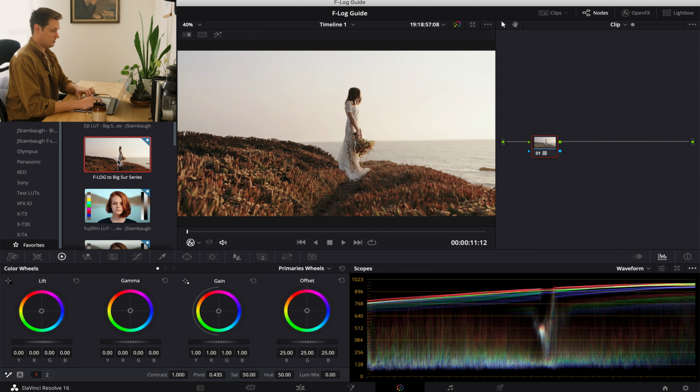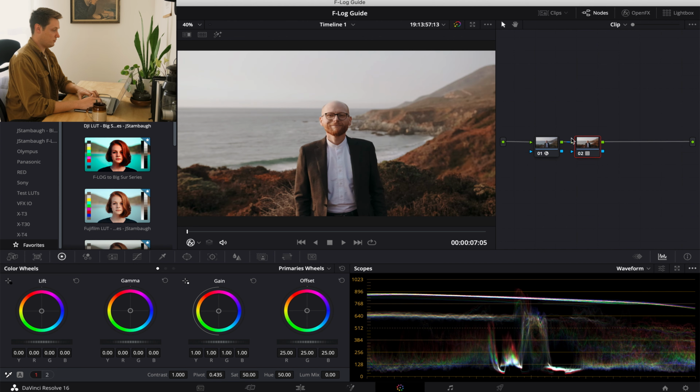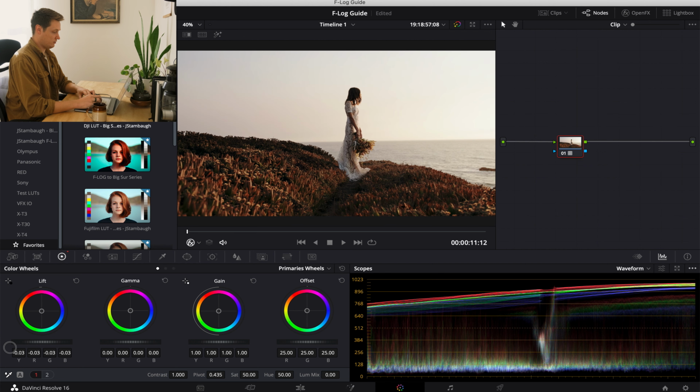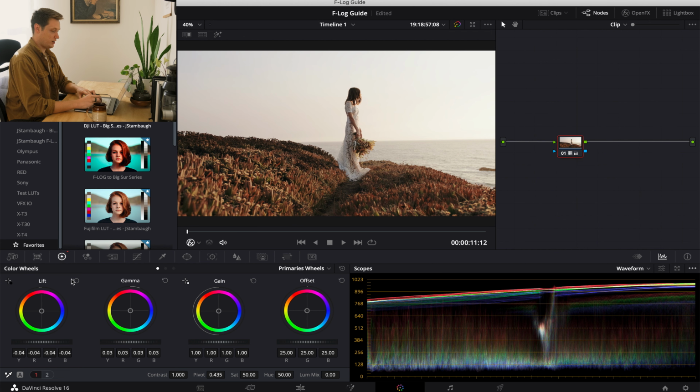And you just click, and right there, instead of having to go through the transform, you can just have the LUT right there applied to your footage right away, and then go straight from here and style it if you want. Bring down the lift a little bit, maybe bring up the gain,